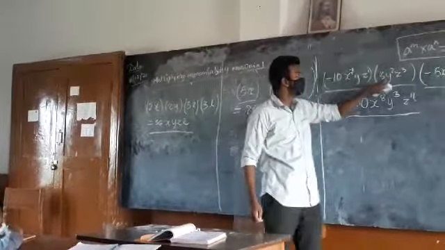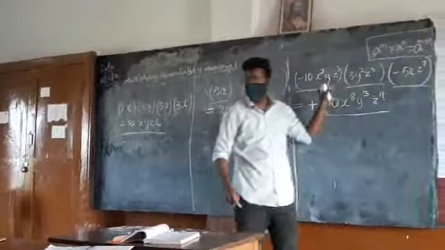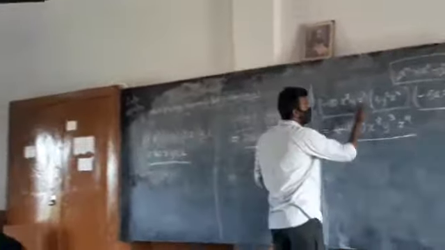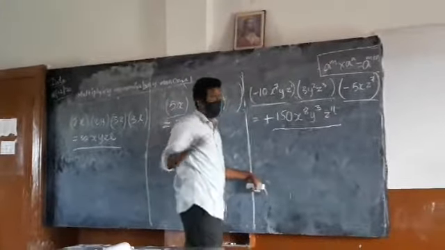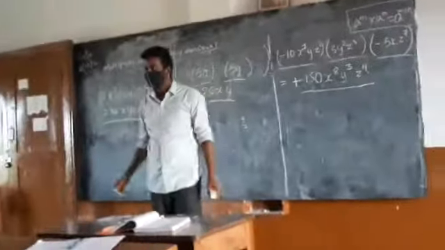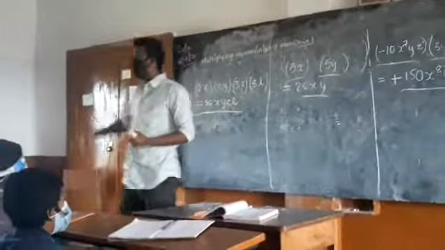Every time I am multiplying like that. Right? Minus 10 into 3 into minus 5. x power 7 into x. Like that I am multiplying. If at all you are confused, you just multiply this and this first and then you will get a single monomial, and again multiply that with minus 5x power 2 z power 7. In that way you can multiply. Multiplying two or more monomials will give a single monomial.